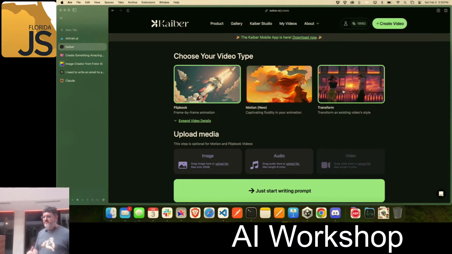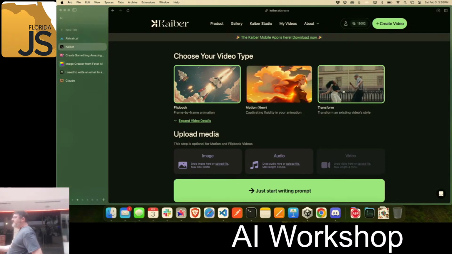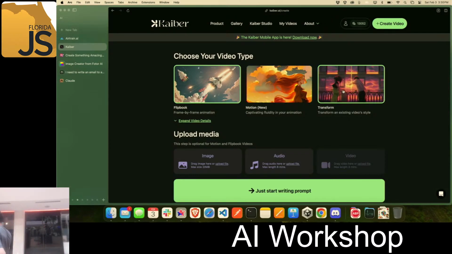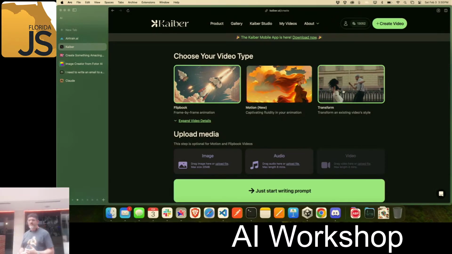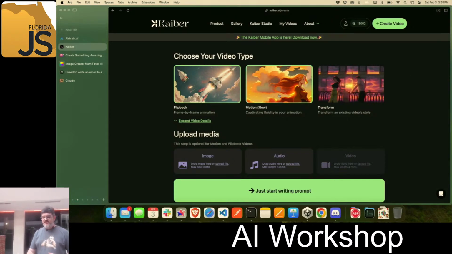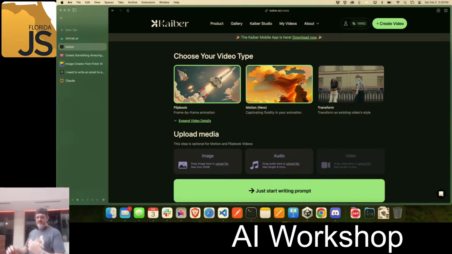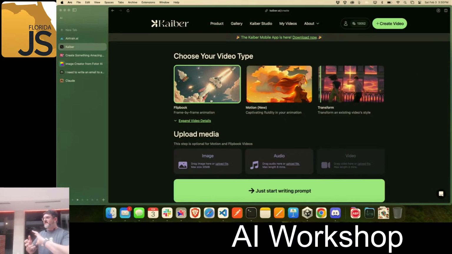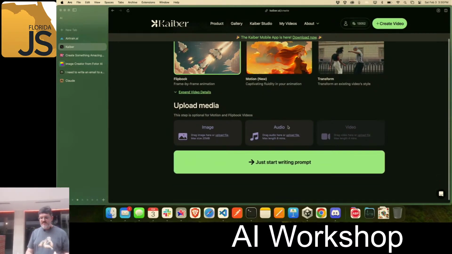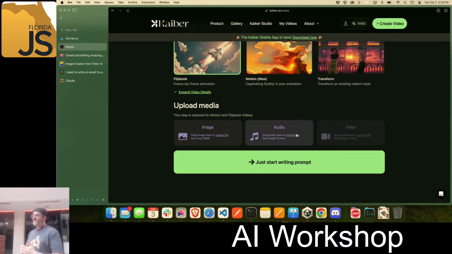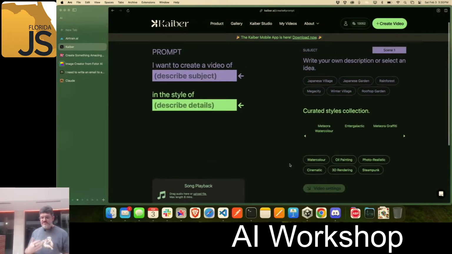So Transform allows you to take a video that you already have. I could shoot a video of Damien typing on his keyboard, and I could tell it, change this into psychedelic or whatever I want. Motion gives you this fluid motion, whereas Flipbook is constantly evolving as you're looking at it, which I think is really cool. You can start with audio if you have an audio track, but just to keep things simple,